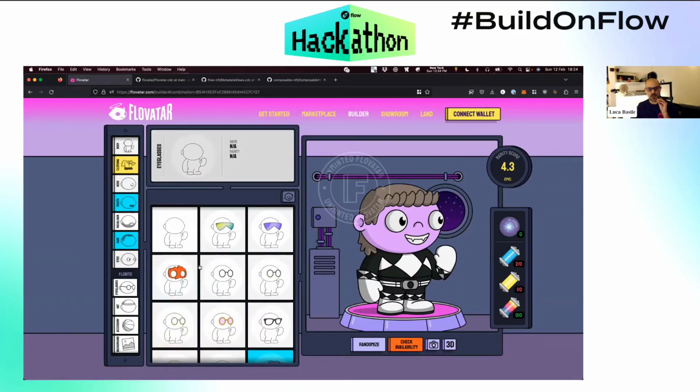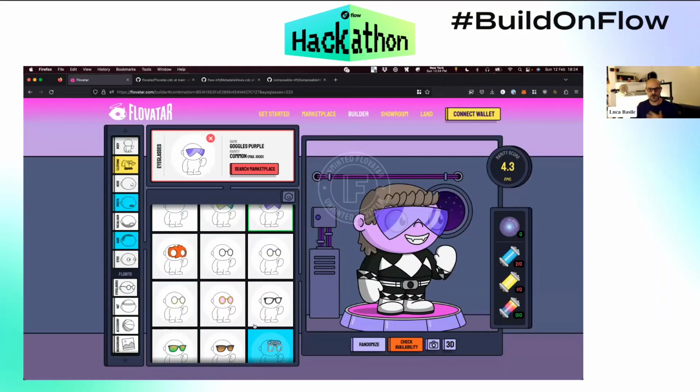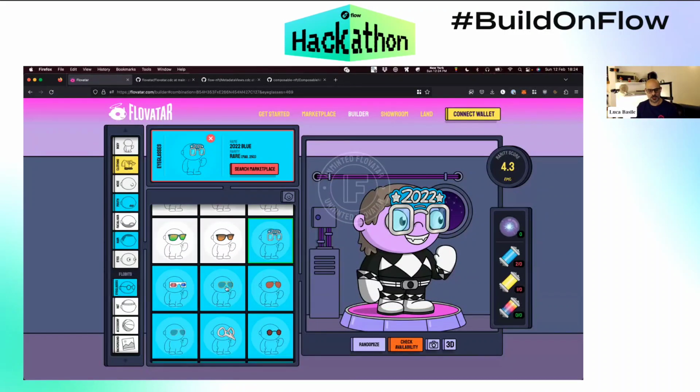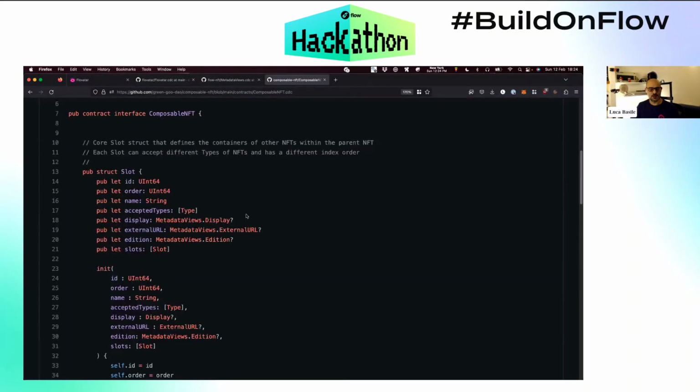On the other hand, eyeglasses, hat, accessory, and background are optional, and you can swap them anytime. You can put them on and off, change them for any occasion, and they allow you to have this whole new level of composability. In this sense, each one of them will be 1 slot. We would have 4 slots available for a Flovatar composable NFT. Each slot would have an ID, so 1, 2, 3, 4, an ordering, because in our case,